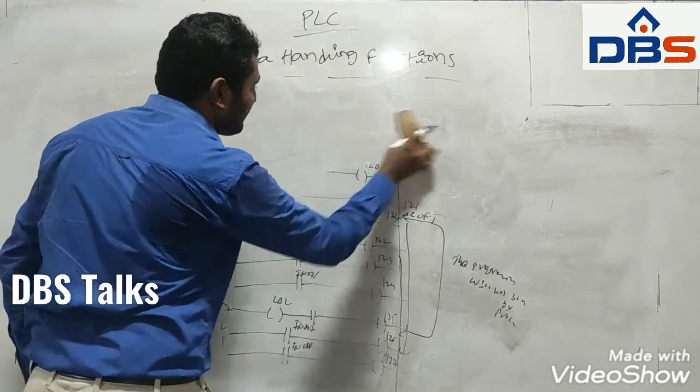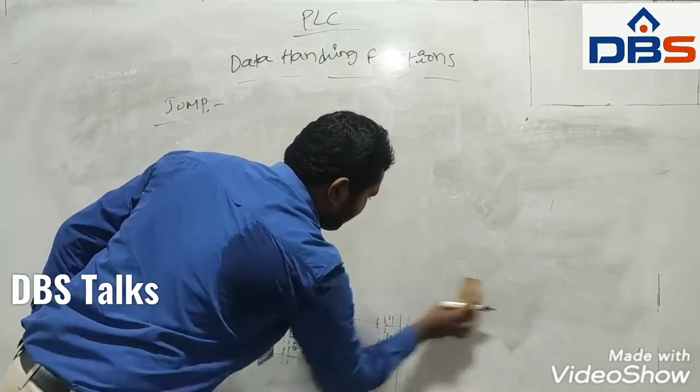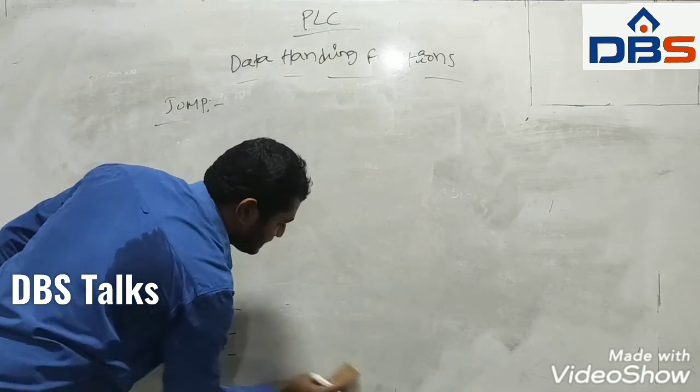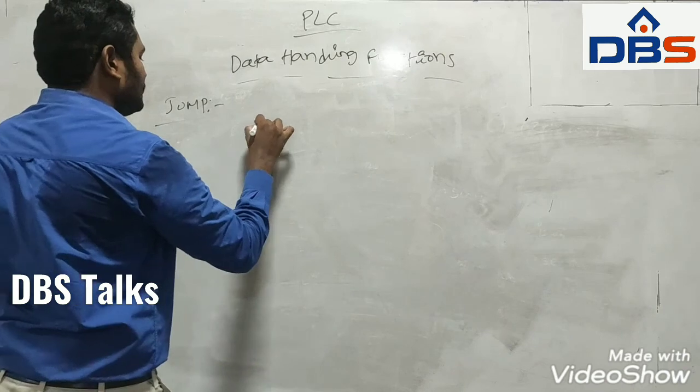And coming to jump with return. This jump with return function is also known as the jump to subroutine function. Jump to